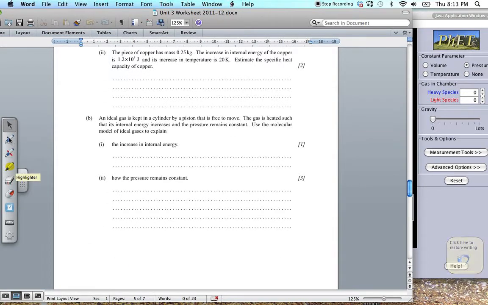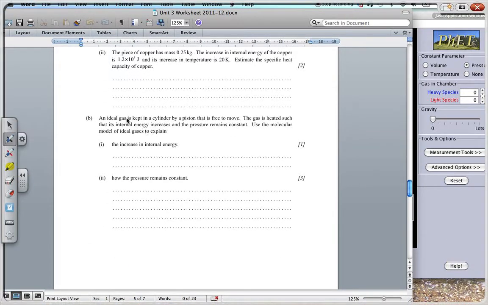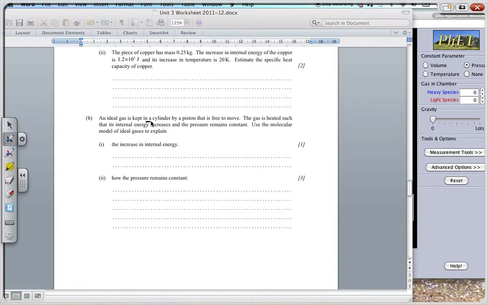Let's talk about this now. It says an ideal gas is kept in a cylinder by a piston that is free to move. The gas is heated such that its internal energy increases and the pressure remains constant. Use a molecular model of the ideal gas to explain the increase in internal energy and how the pressure remains constant. Okay, now to do this, I'm actually going to explain this